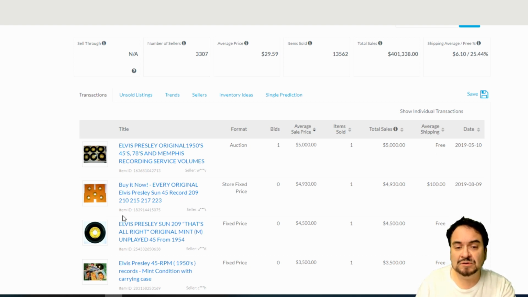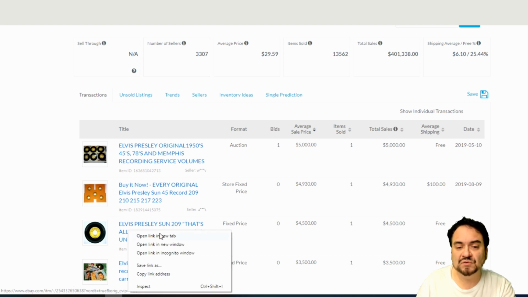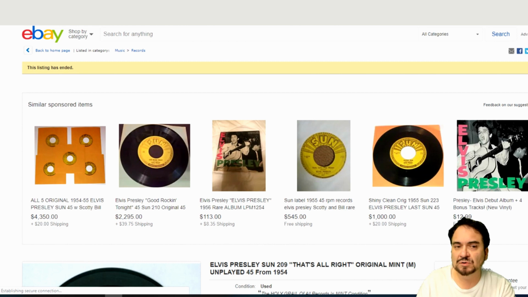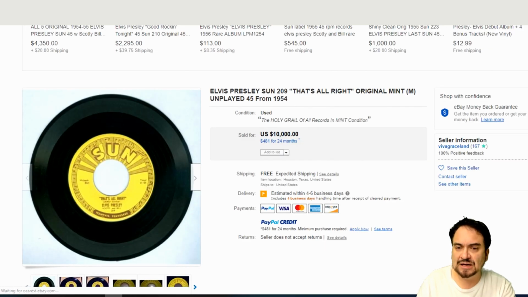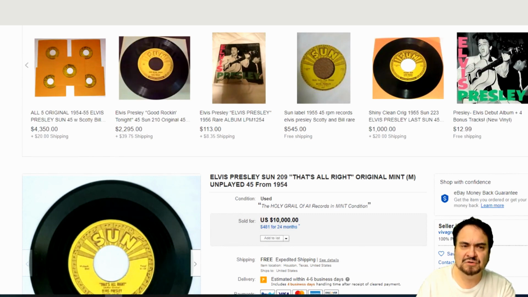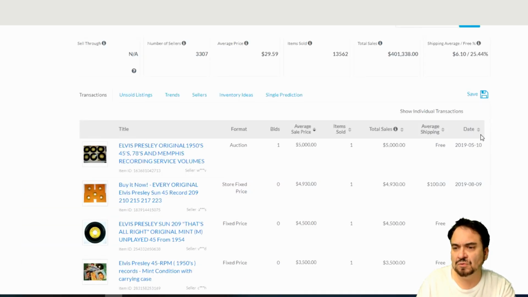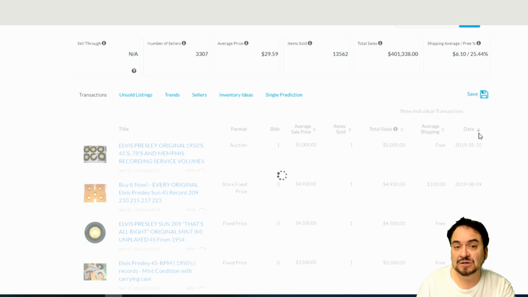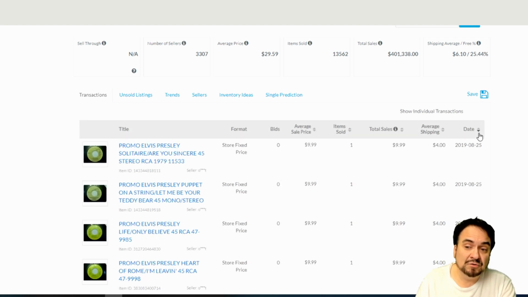Now again, I can go and look and we can open up some of these, the newer ones, the ones from a few months ago, and then we can see the actual listing here and judge on that. So you can see the condition, you can see all the statements. But if you want to compare something from a year ago, that option just isn't here for this. And again, if you're not doing vintage and collectibles and things like that, it may not be important to you. So Terapeak would definitely be something you would want to use because it goes back more than the 90 days